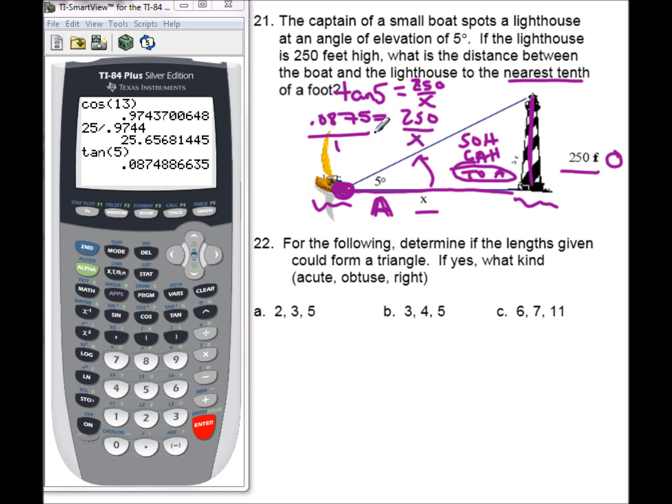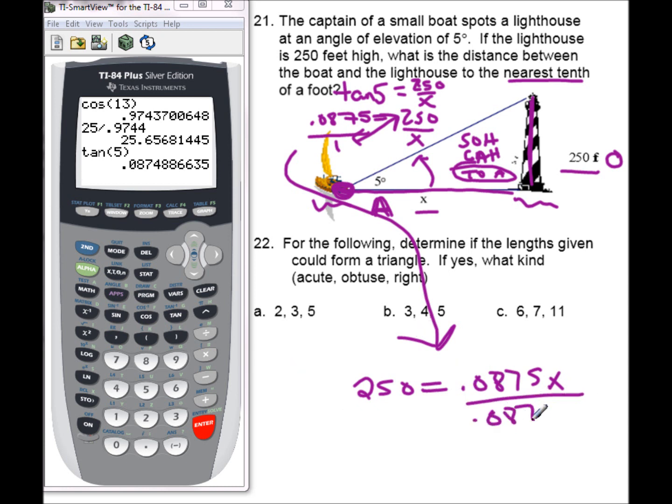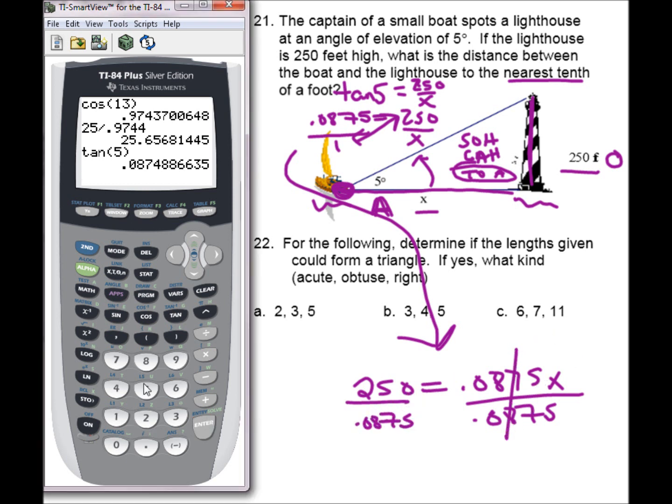I'm going to cross multiply, I get 250. I'm going to come down here. 250 equals 0.0875 times x. And then I'm going to divide both sides by 0.0875 to solve for x. So 250 divided by